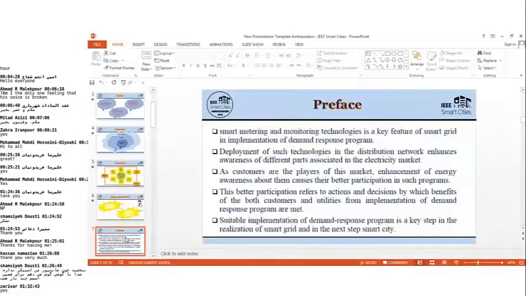Smart metering and monitoring technology is a key feature of smart grid implementation of demand programs. Deployment of such, I'm sorry,